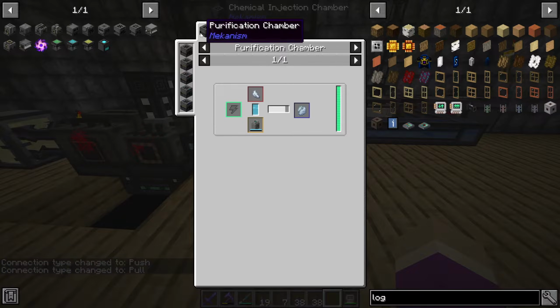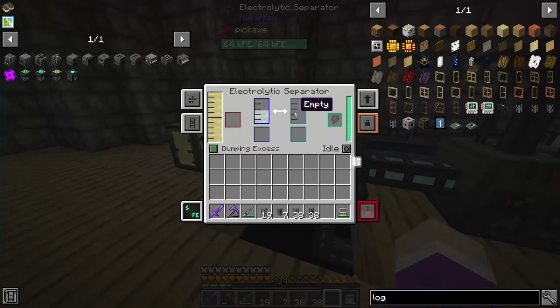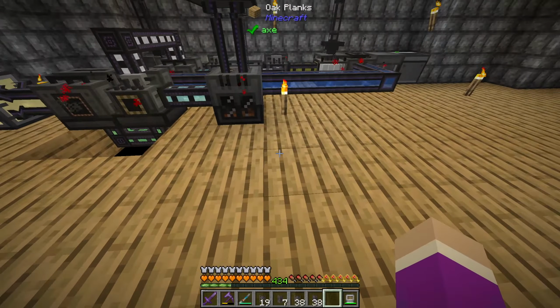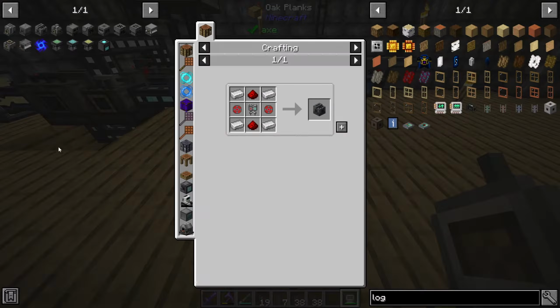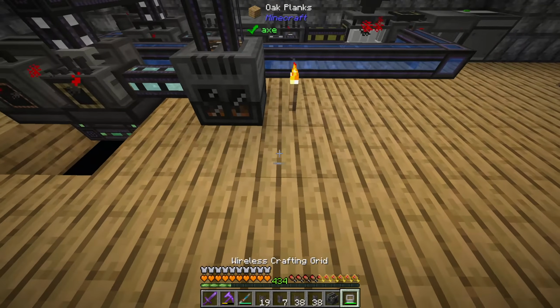That's going to be mixed into a purification chamber with oxygen. And that means we can use the oxygen that's being dumped in here. Actually, wait, no. We might need to set up another one of those for that. So, electrolytic separator. Okay, I think we're starting to run out of time here, but electrolytic separator I'm going to